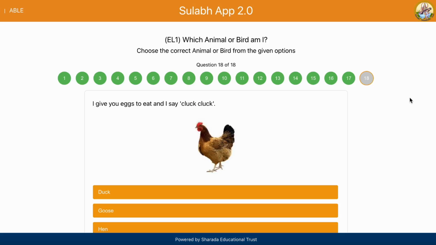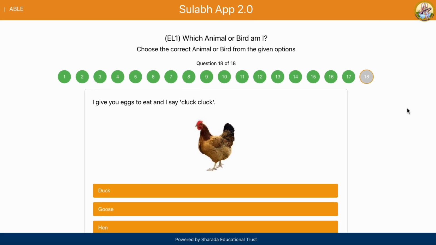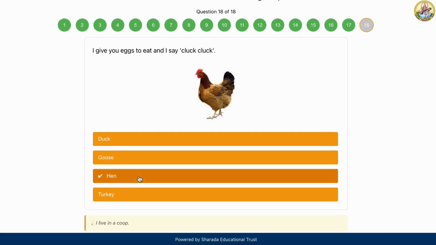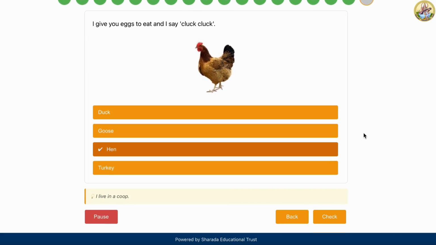Now coming back to the student Anvita, she has now come to the 17th question. It says, I give you eggs to eat and I say, look. So she knows the answer because she looks at the image and then she answers here as hen. I live in a coop is the hint for this question, and she clicks on check. So once this is checked and you say submit, she completes one of the activities of level 1,